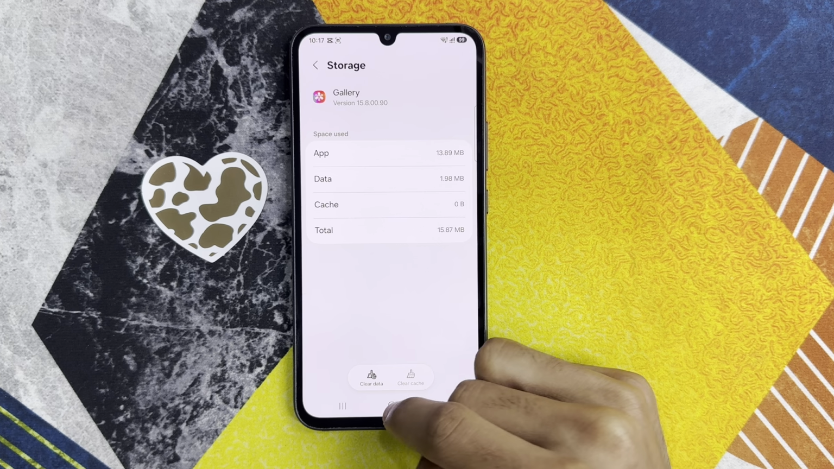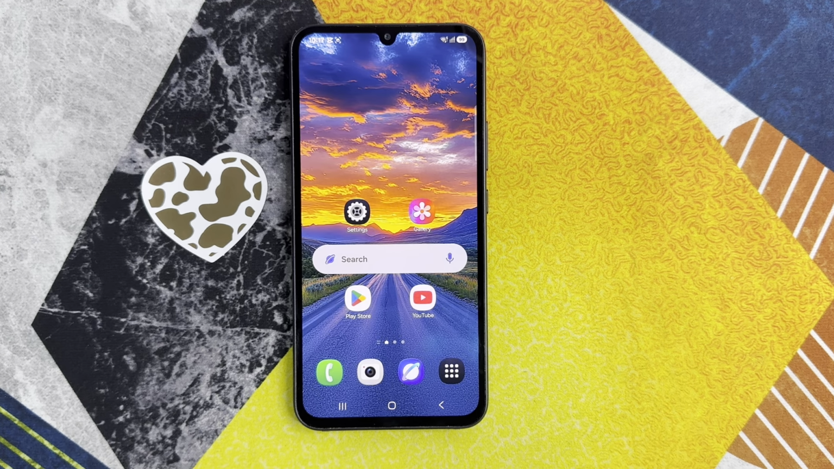After clearing the cache of the gallery app, go back to the home screen. You will see your problem is solved. But if it is not solved, and you want to fix this problem, so